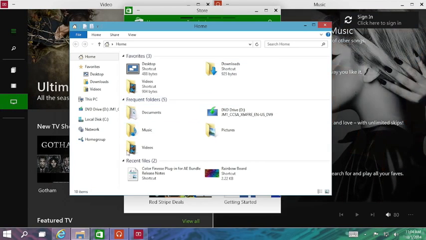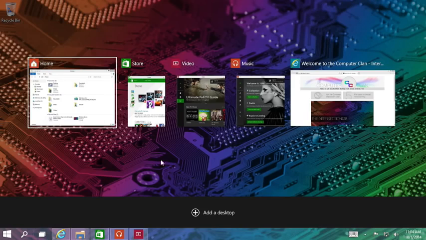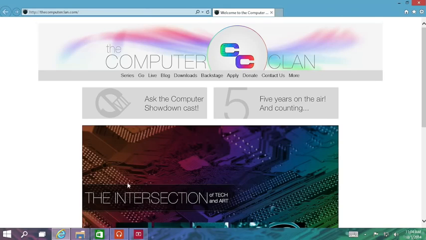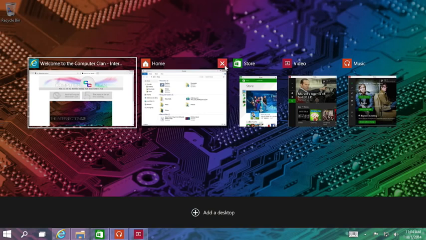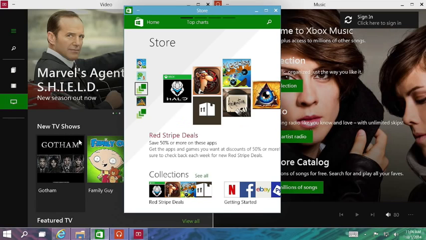But let's say now I need to switch to something else and it's in the background. I can click the task view button and switch to a different window. And I can even close the windows by clicking the X button right here. In addition to that